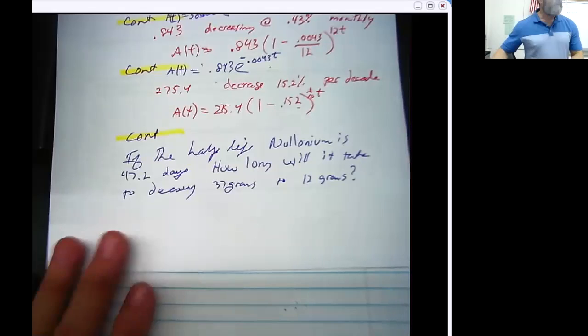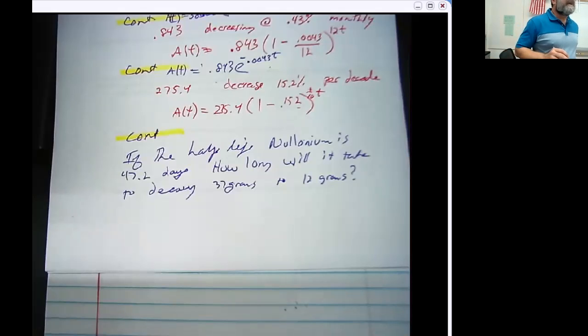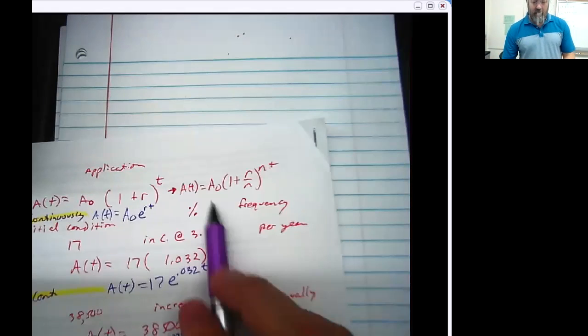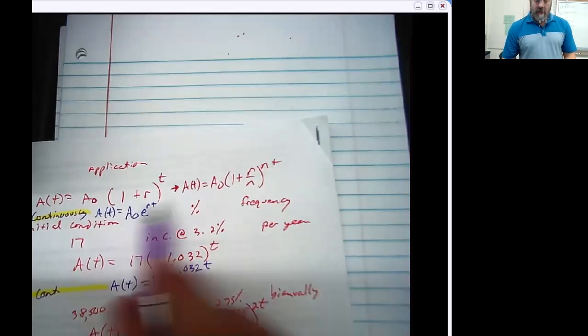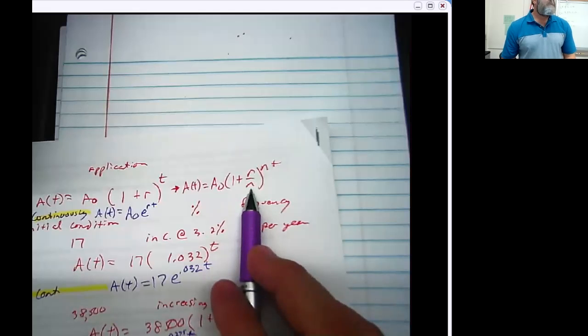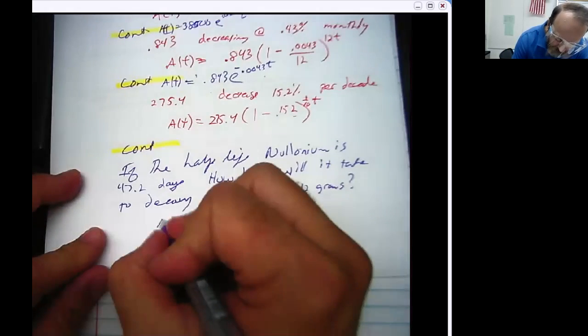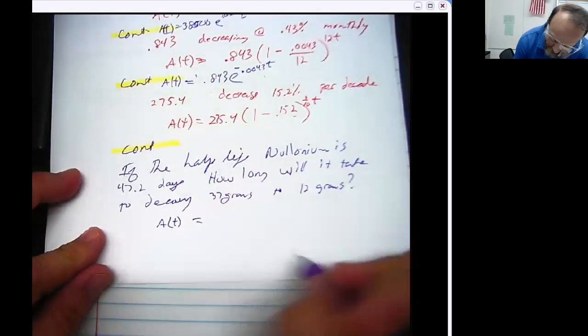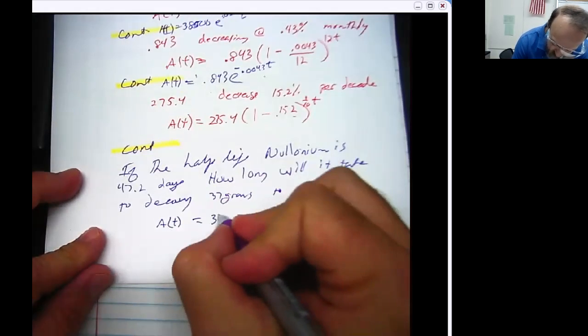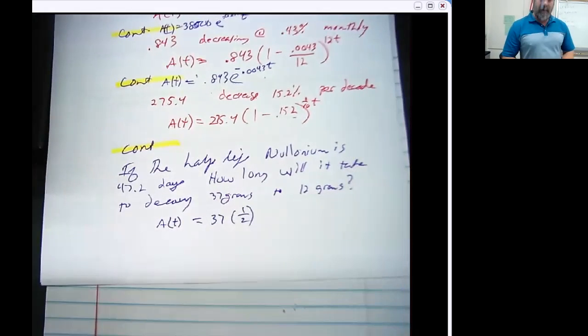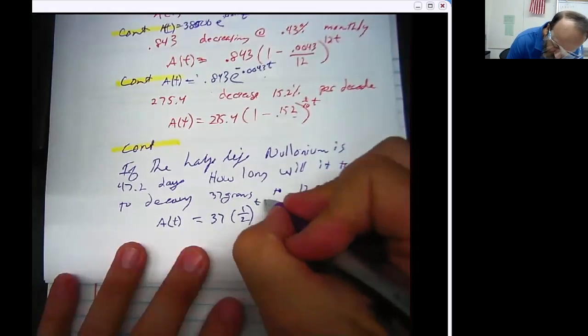So here's what we're going to do. What percentage of it went away? If it's half-life, how much did you lose? 50%. That's why. So it's going to be this equation right here, but you're going to be using R is 0.5. So we're going to end up with this kind of story right here. The amount at some time t is going to be 37 grams, because that's what we had, raised to the 1/2, and it's going to be t over